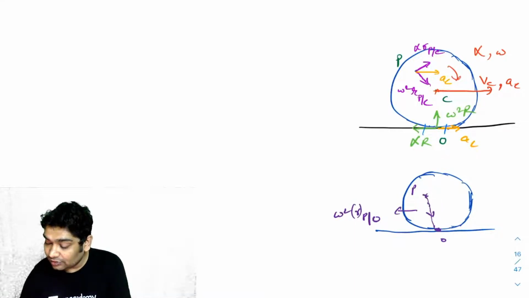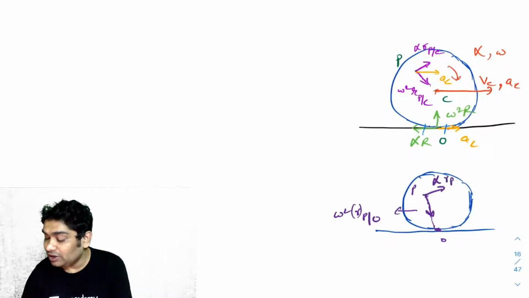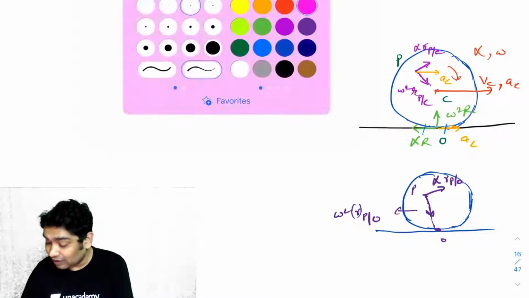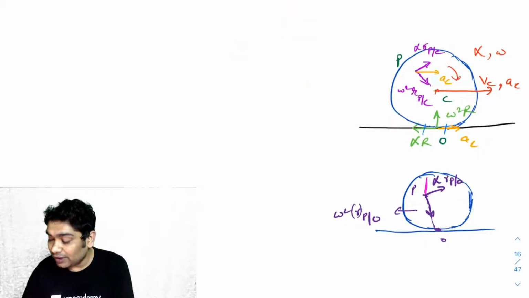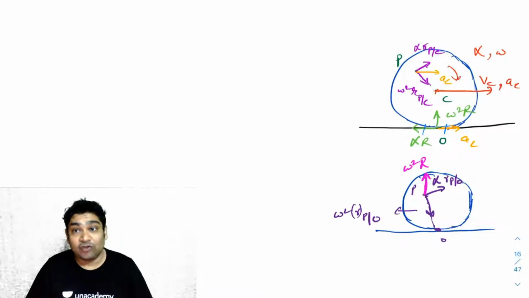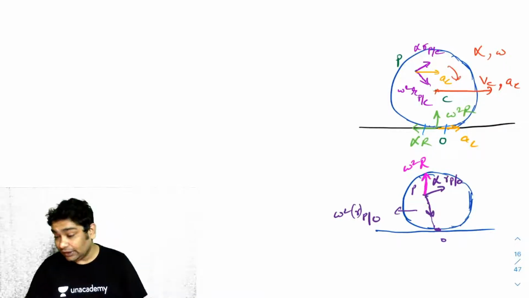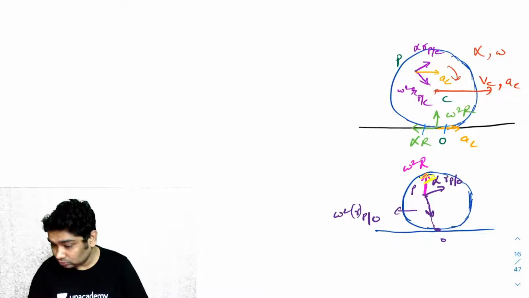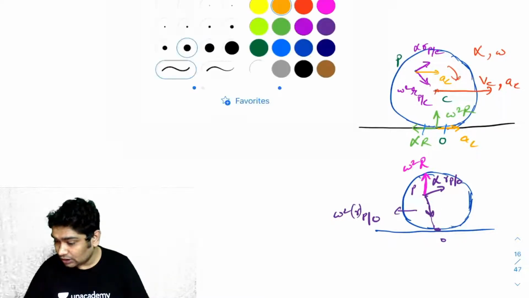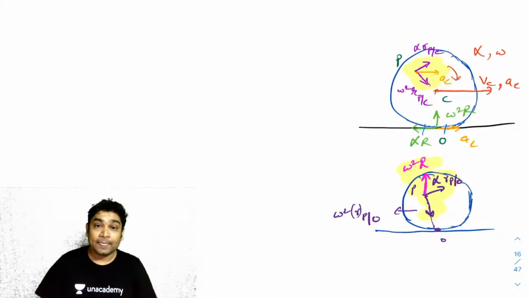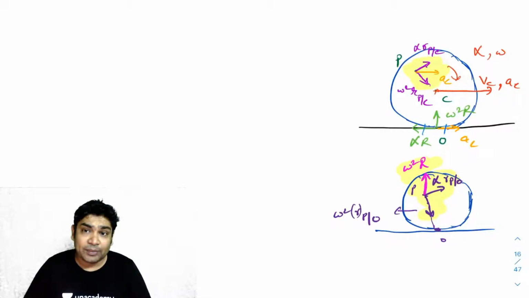Then you would have had another acceleration which would have been like this. It would have been alpha times R of P with respect to O. And then to this, you would have added the acceleration of O itself, that would have been in this direction, omega square capital R. So the vector sum of these three would have given you the acceleration of P from the ground frame. And yes, it turns out the sum of these three would in fact come out to be equal to this vector sum of these. So yes, you can write the acceleration of point P also with the help of O,